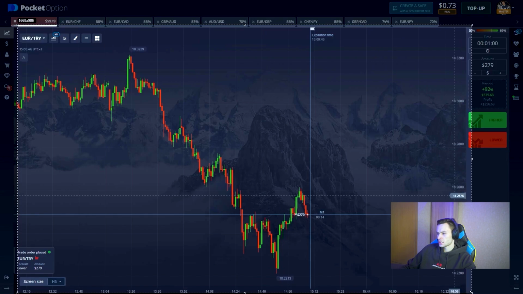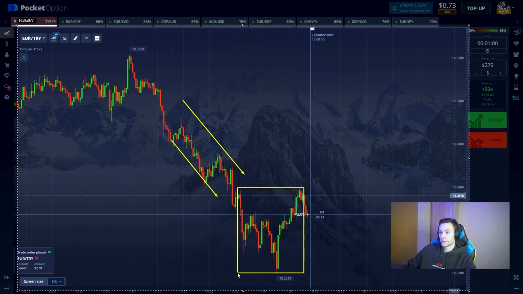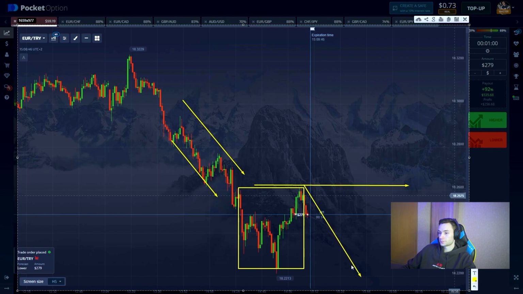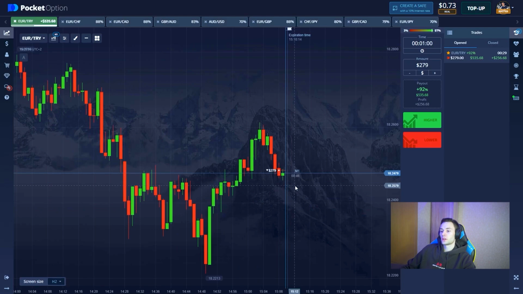We see a severe downward dynamics here, then there was a pullback here and the price went up, then it was rejected from this support, and we're going to expect the recovery of the downtrend, and the price should continue going down,